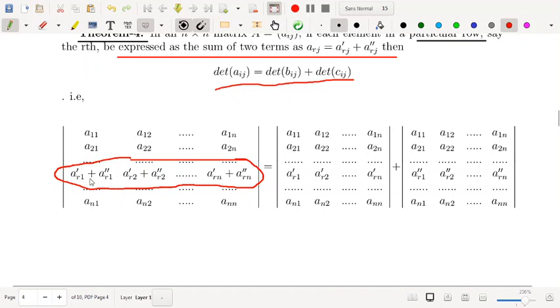Look at that. There is a plus in the first element, plus in the second element, plus in the third element, and the last element, and so on. All the elements have a plus, because 2 elements are actually adding. So you can separate this into 2 determinants. That is, you can split the determinant. If all the elements have this property, then you can separate them into 2 determinants like this.